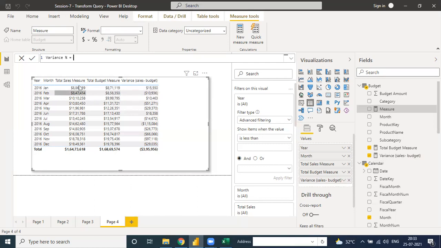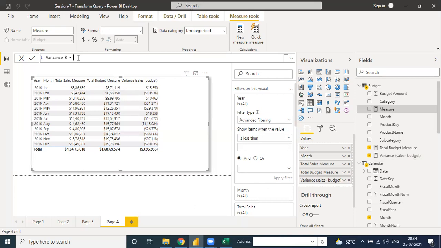Budget is 858 and our sale is 847, which means it's a negative budget, a negative variance. The variance amount is only on the basis of budget, so divide the variance directly by the budget. It's a percentage. How do you calculate a percentage in normal Excel? Numerator divided by denominator, simple.